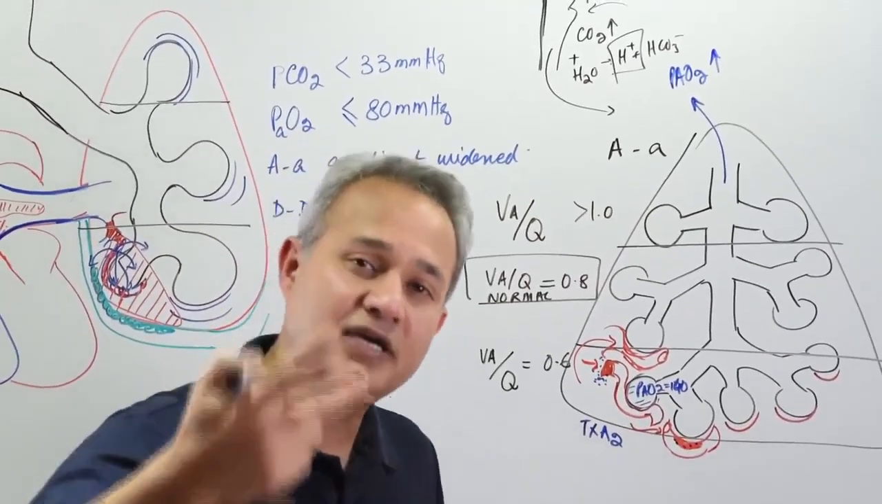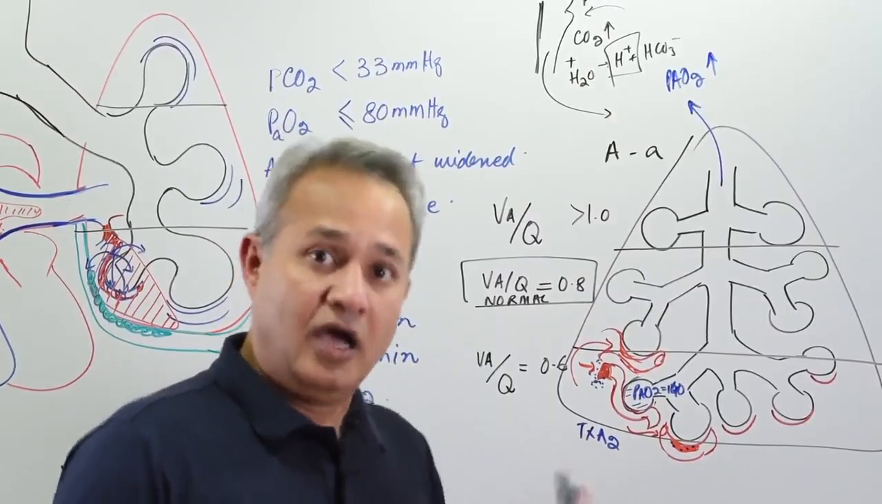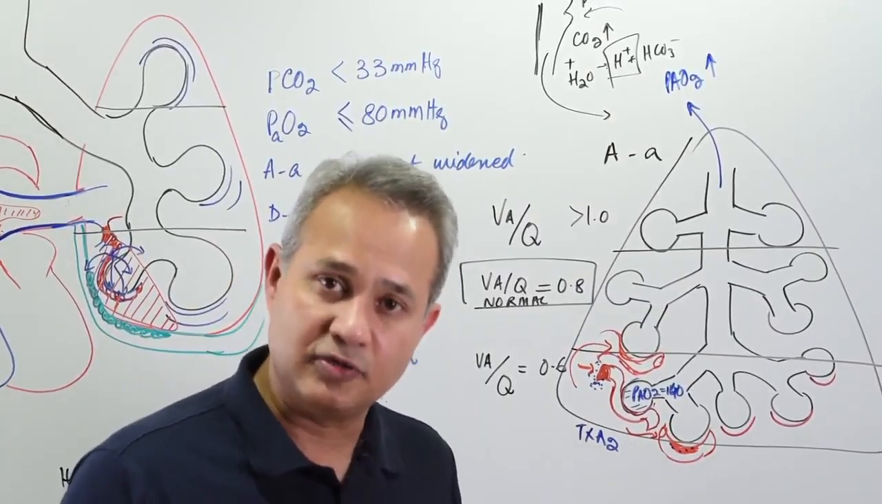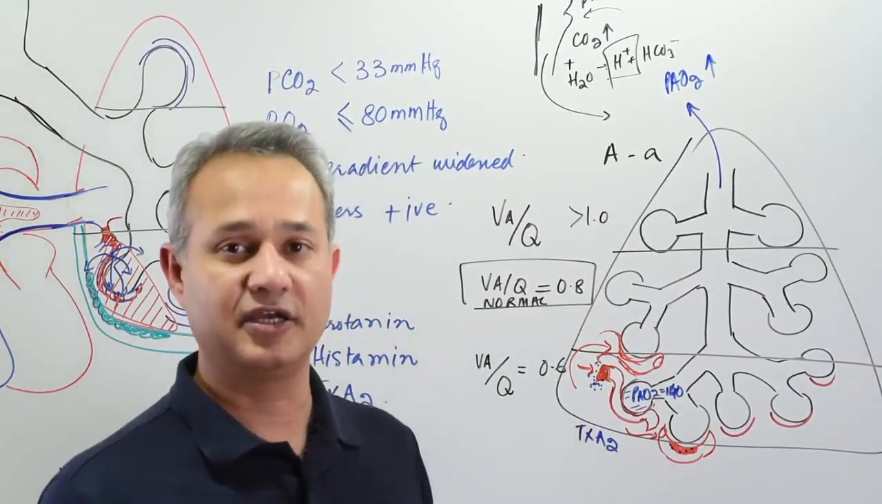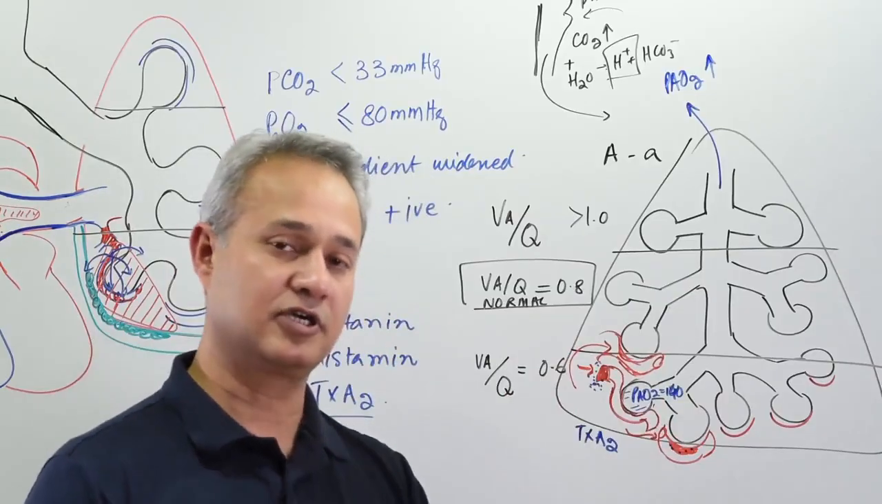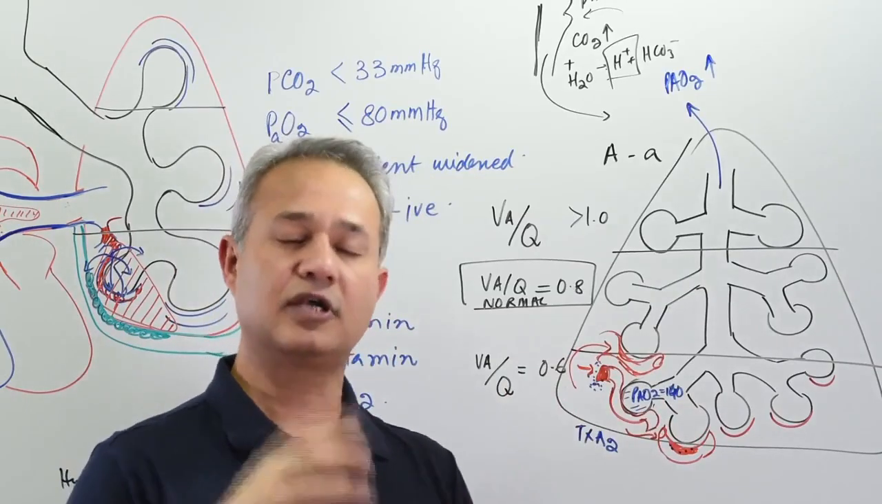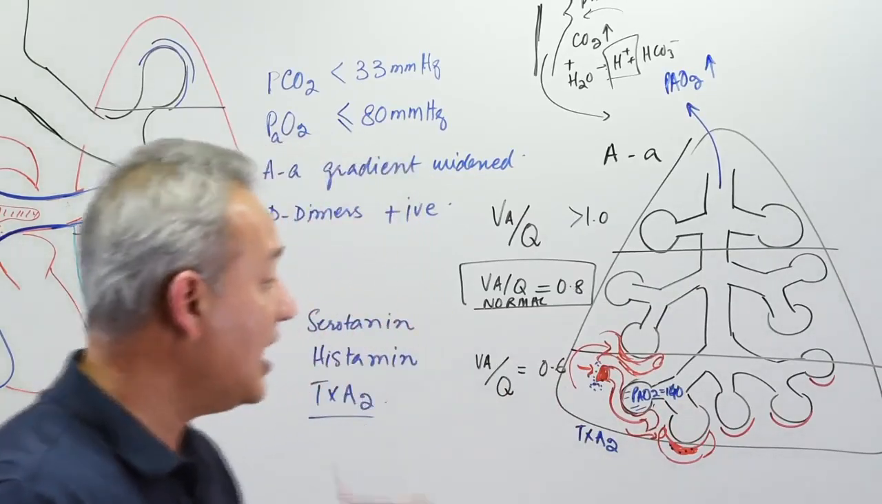Now when the tachypnea occurs, what is the patient going to do? He is going to wash out the carbon dioxide. That is why the hypoxemia would occur. That is one reason. Not hypoxemia, hypocapnia. The other reason is